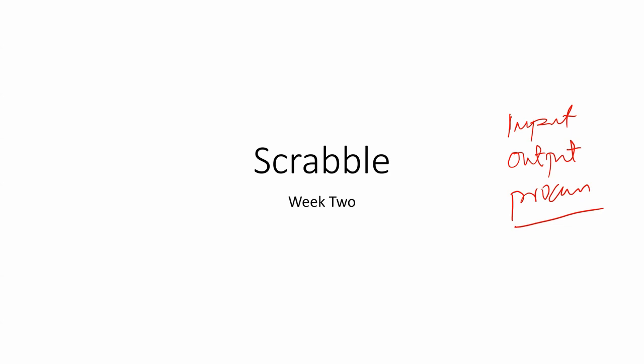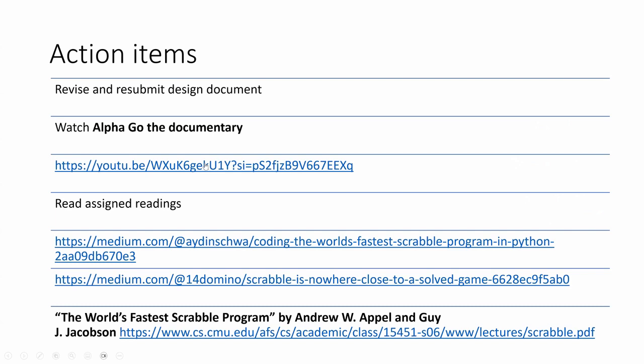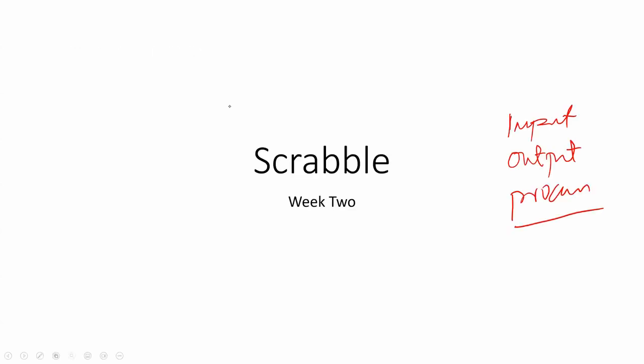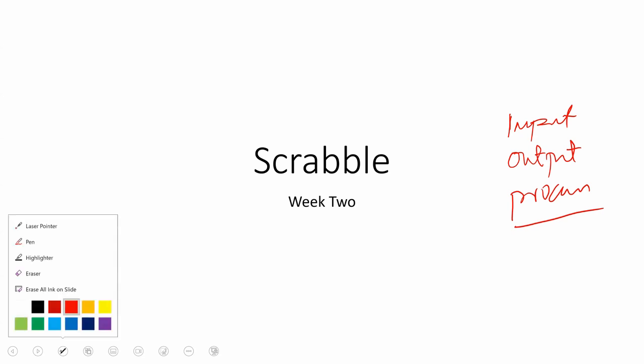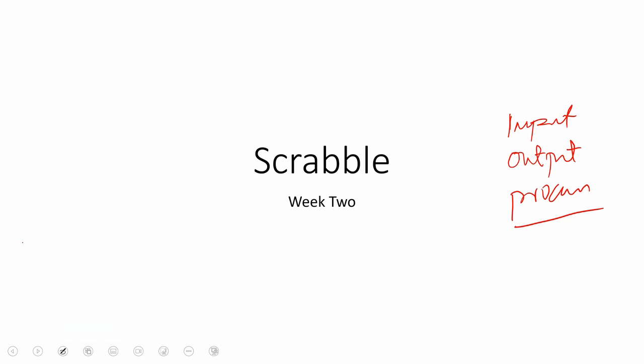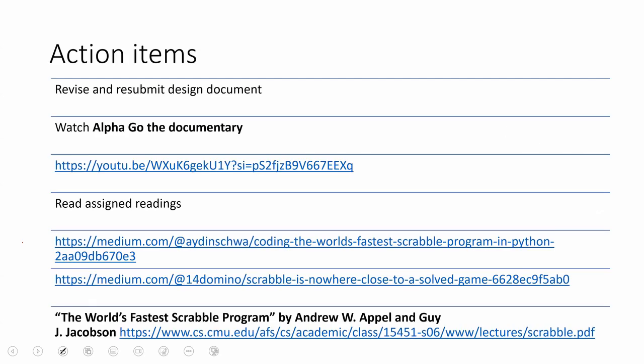So इस game plan से पहले जो आपका अगले हफ्ते का काम है या इस हफ्ते का काम था जो ओरिजिनल साइन किया गया था वो ये था. इसमें आई थिंक एक अपडेट ये आ गया आपके पास कि इस वक्त जो क्विज है, आई वांट टू क्लैरिफाई दिस. आज जो हम काम करेंगे उस काम के बाद you will ultimately revise and resubmit your design document एक दफा और. So whatever we covered today, once you put that to work, you will find that your design document has possibly room for improvement. So you need to go out and do that. इसकी date मैं आपको बताऊंगा. This will be sometime next week. So it's not due over the weekend. It will be somewhere towards the end of next week.